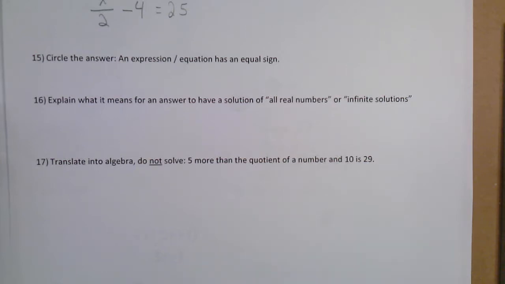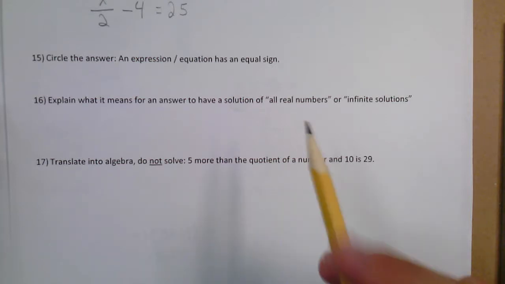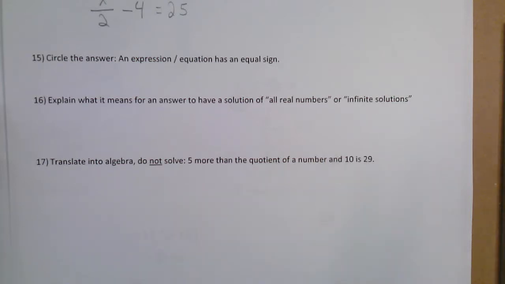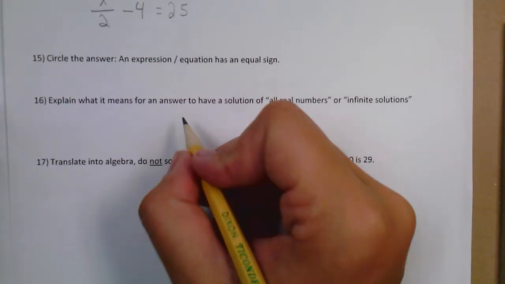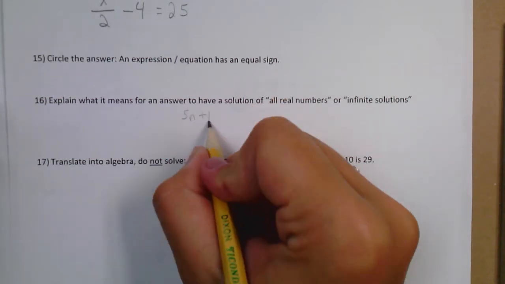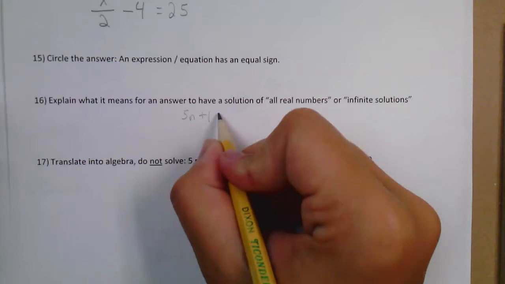But 16 is just saying, what does it mean if I said, hey, I just solved this problem and I got all real numbers, or maybe I got infinite solutions. These two things mean the exact same thing. Infinite solutions just go on and on and on, just like all real numbers. So what that's really saying is, if I have 5n plus 1 equals,